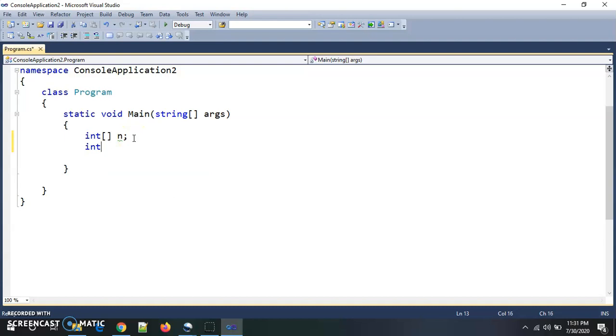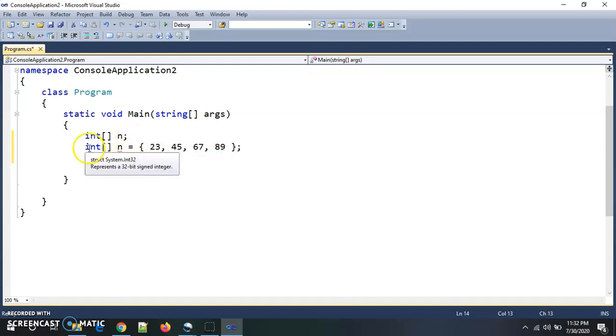Now again, we are declaring the array, as well as simultaneously we can assign values to that particular array in a single line. In this way, in this second line, I am declaring an array of integer type and simultaneously initializing the values inside it. Now my array size of n is 4, meaning the number of elements stored inside this n. We can also say that the length of this n array is 4.